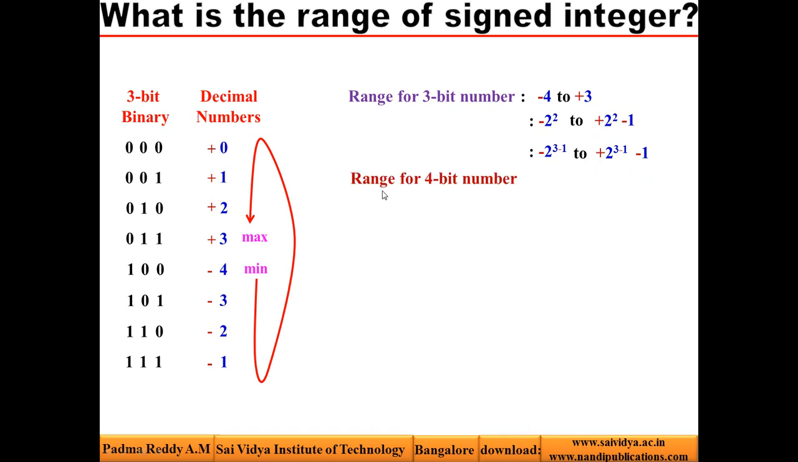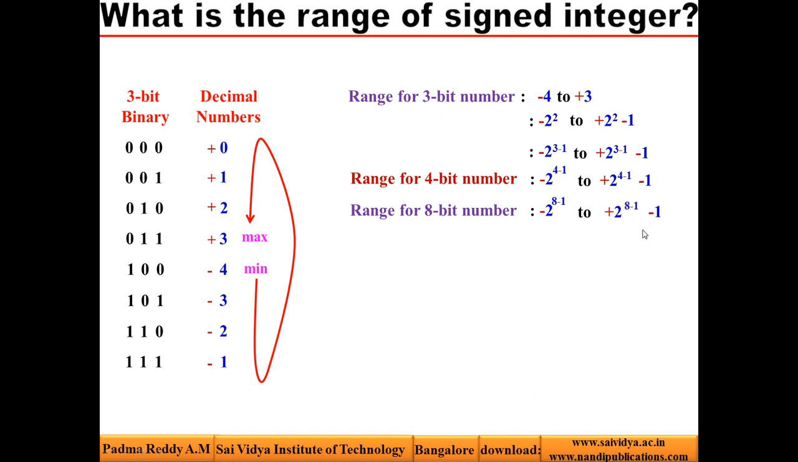On similar lines, we should be in a position to tell what is the range for 4-bit. Change the 3 to 4. What do we get? Minus 2 to the power 4 minus 1 to plus 2 to the power 4 minus 1, minus 1. Now tell me, what is the range for an 8-bit number? It is minus 2 to the power 8 minus 1 to plus 2 to the power 8 minus 1,